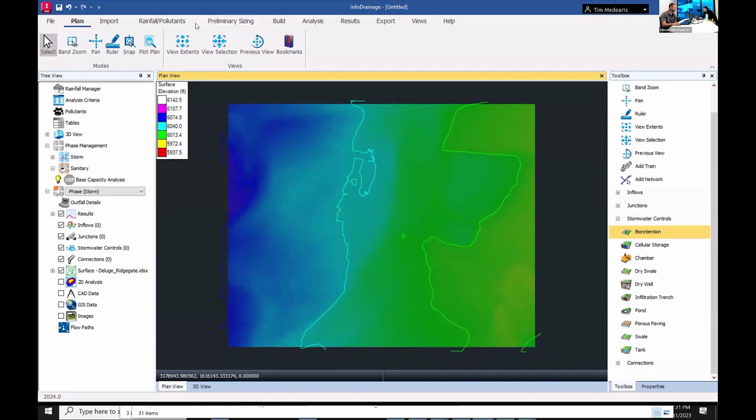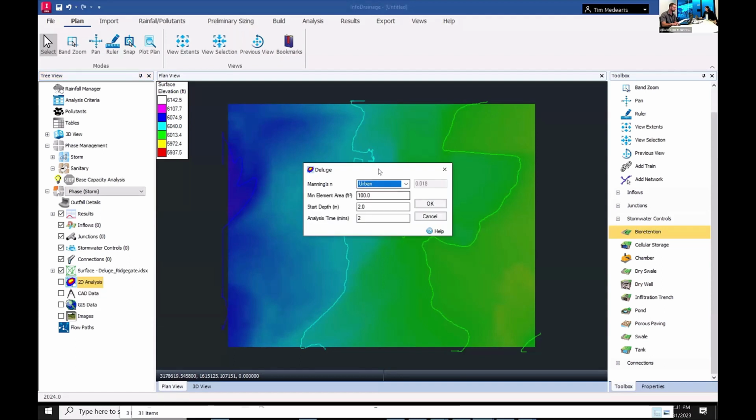Perfect. Thank you, Midori. And then I think once that surface is there, you can do more complicated 2D analysis, which maybe Midori will get to go into here. But there's also a very simple option called just this deluge tool, where you can specify a basic Manning's n here. Specify the triangle size you want for the mesh that you're going to use for your deluge. And then basically what the tool does is it just drops, in this case, 2 inches of water, analyzes it for 2 minutes, and sees where